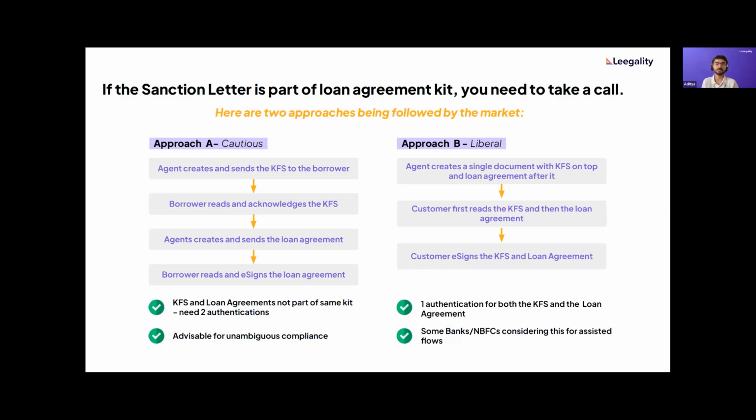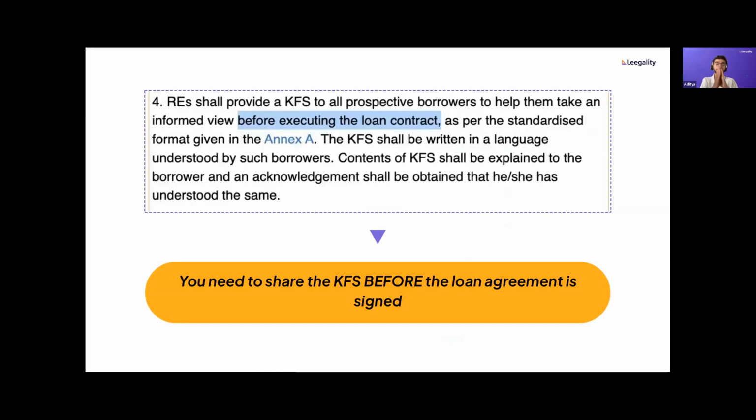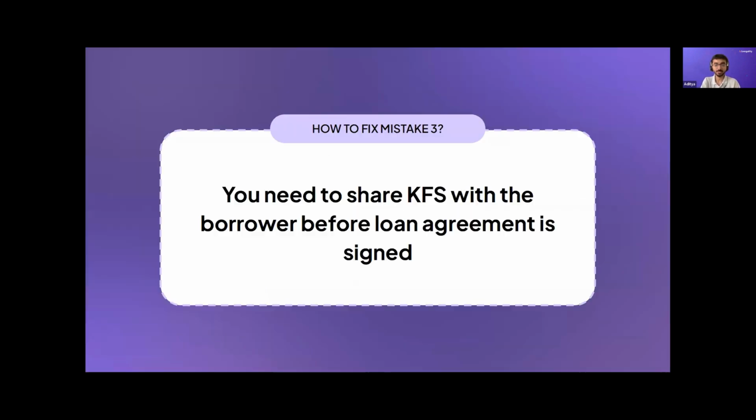So when you do your disbursement, honestly, you do it after the loan agreement, so it would definitely not be at the time of disbursement. It would be much before that. If by disbursement you mean where you're actually showing the sanction and things like that, the keyword is before loan agreement. Some read it to be approach A, some read it to be approach B, but it should be shown to the borrower before the loan agreement, and we think it should also be acknowledged before the loan agreement, in the chronology of steps. Hope that answered the question.